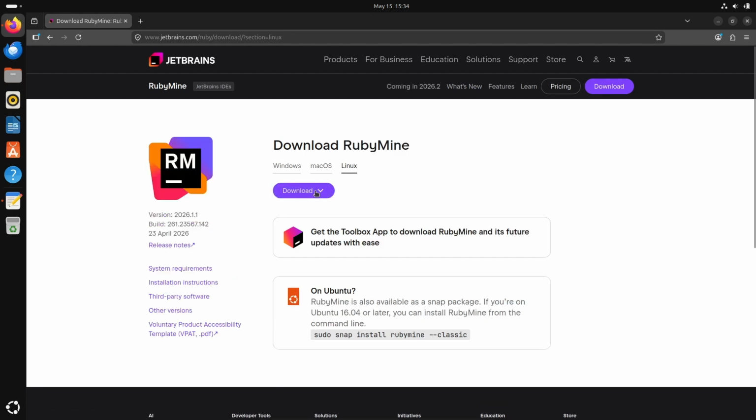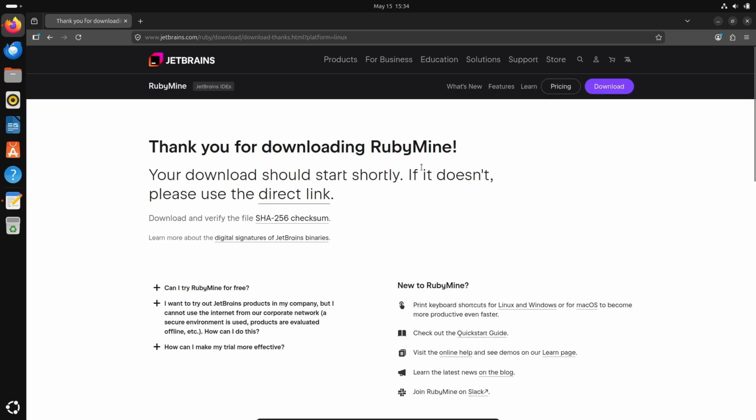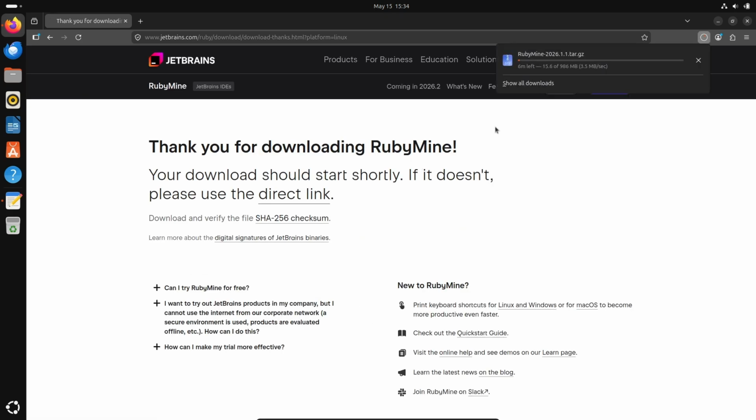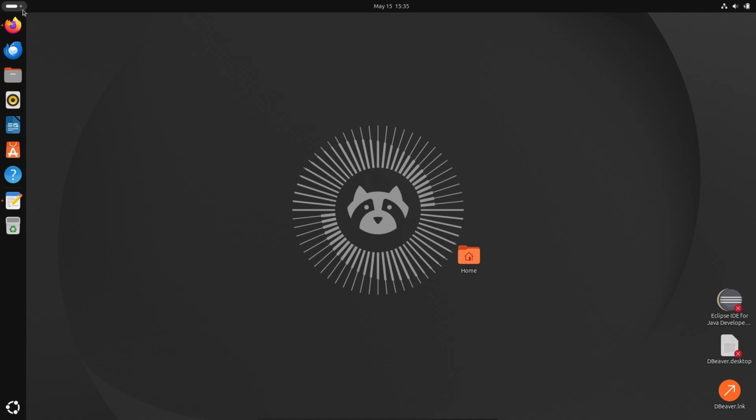Linux is selected here, and you need to select this install. This is a Linux file. Click on this download. There you can see the file is downloading. Total size is 986 MB. Now if I go into this terminal